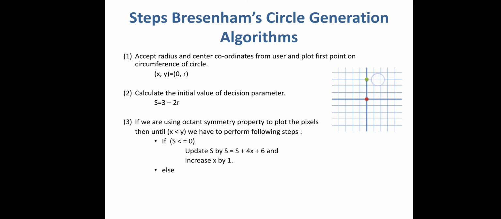Why? Because I am selecting this point A, right. So for this point A we are just incrementing x, but y will remain the same. That is why we are not incrementing y, we are just incrementing x for that point A, right. Otherwise, whenever your s is greater than 0, I will select point B, and for point B what is the equation we got? We got s plus 4 into bracket x minus y plus 10. So in that case I am incrementing x by 1 and decrementing y by 1. So you can see here the y is decremented by 1, right.